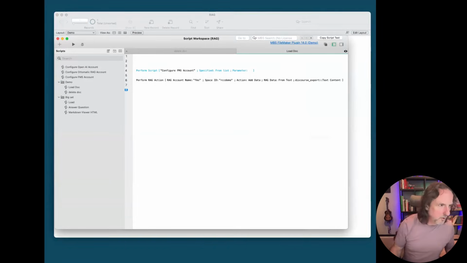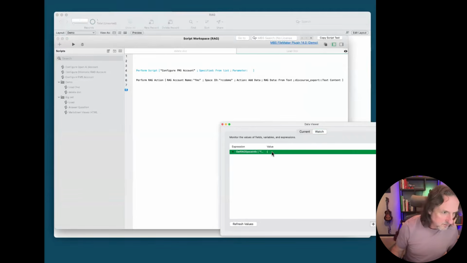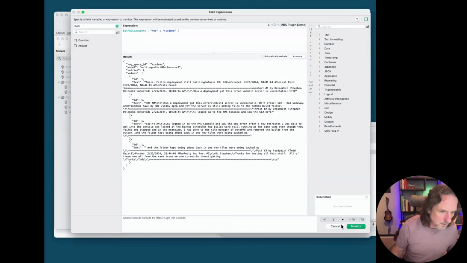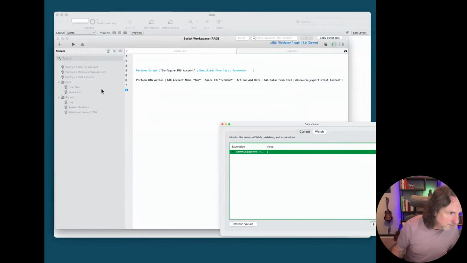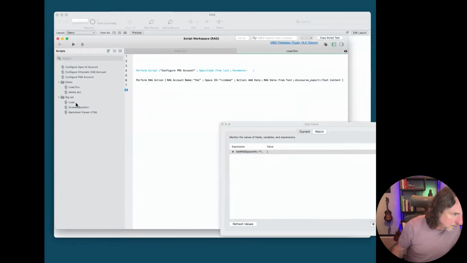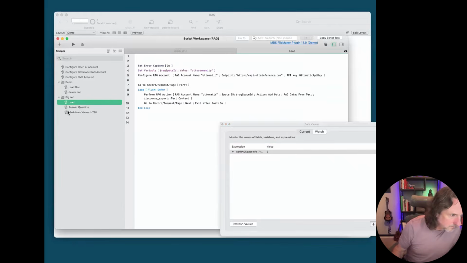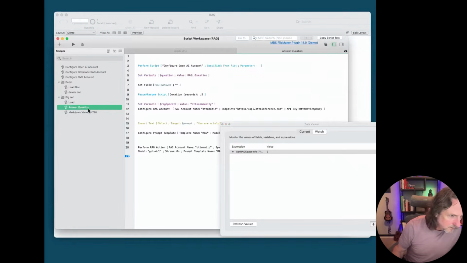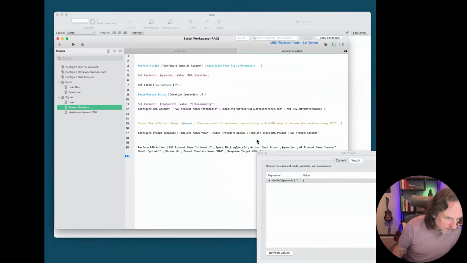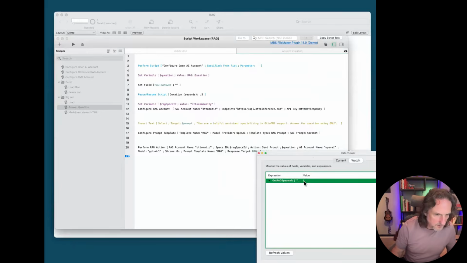So if we go and look at data viewer and I change this to, hang on, it's this guy, RAG space automatic, and account is automatic, and RAG is, I think it's auto community. Yeah. So if I put those in here,